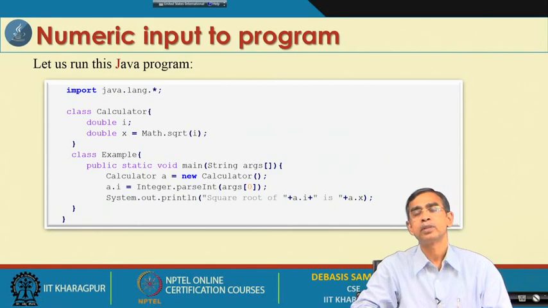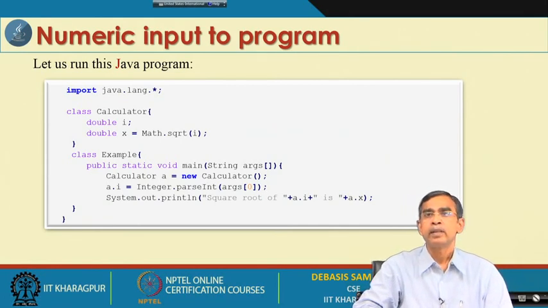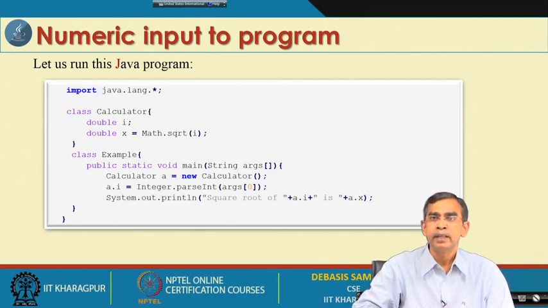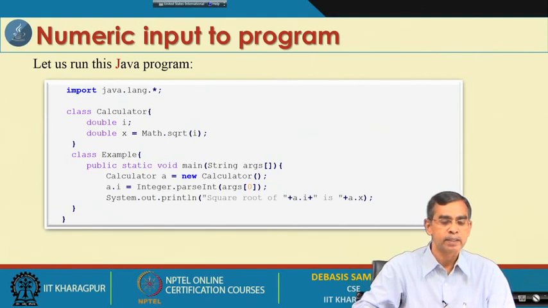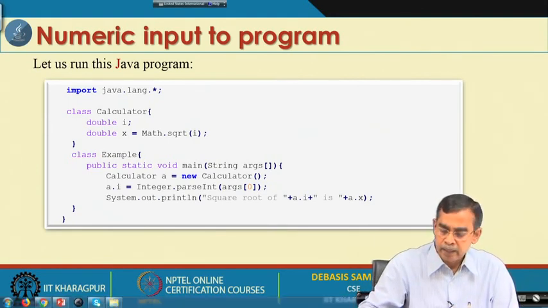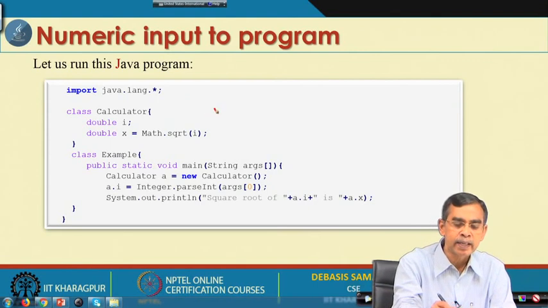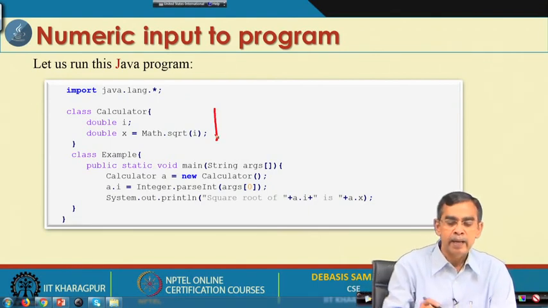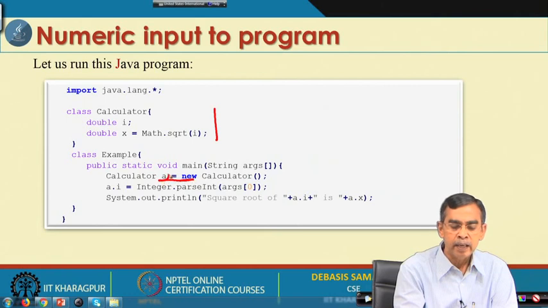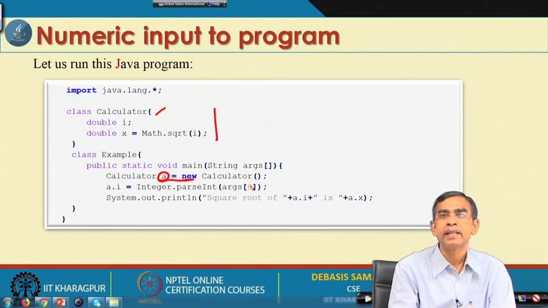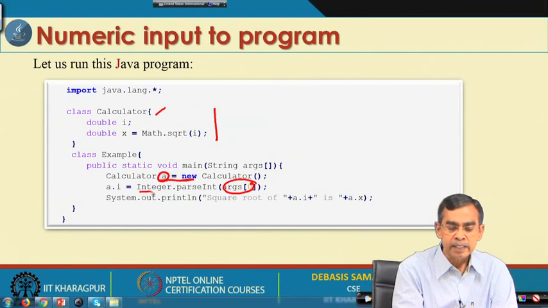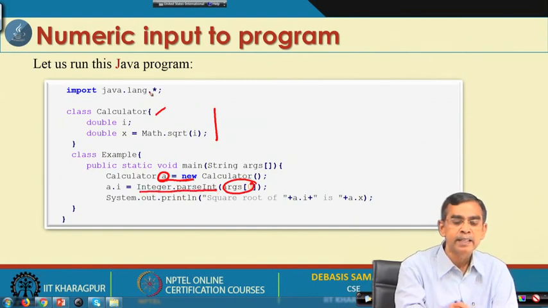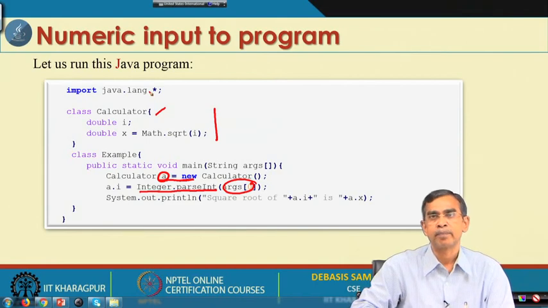Here is an example. Suppose, as I told you, input is of type String, string objects, right, and then if it is an integer input, how can we get the integer value from it. So, this is an example here. Let us see this example again, the Calculator class that we have discussed earlier, and then we create an object A of the Calculator class. Now, args[0], if we pass an input as an integer, then args[0] will take it as input, and then this method Integer.parseInt is declared in the java.lang package.